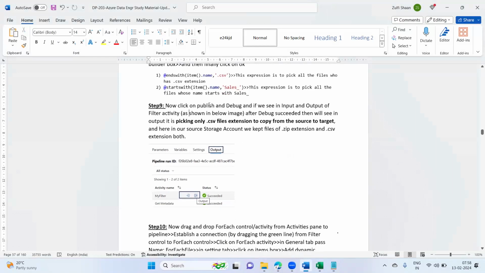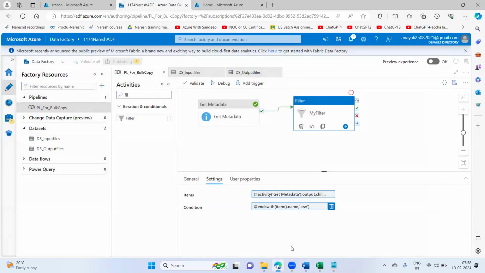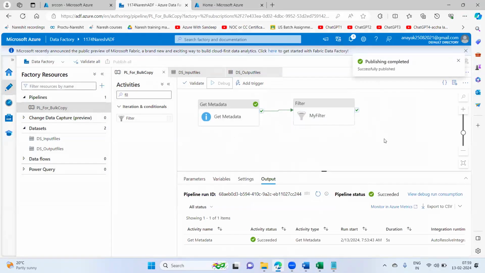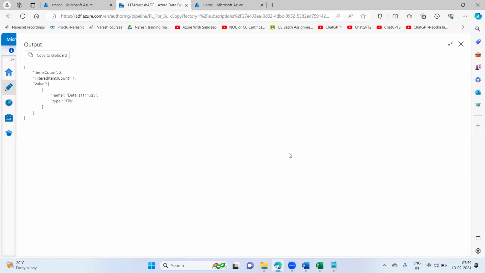Okay, now click on publish and debug. If we see the input and output, see what will happen now. I'll do publish all and publish. Publishing is completed. I'll do the debug now. Now filter control. If you click here on the filter control, if you go here, see, of course there are two files, but it